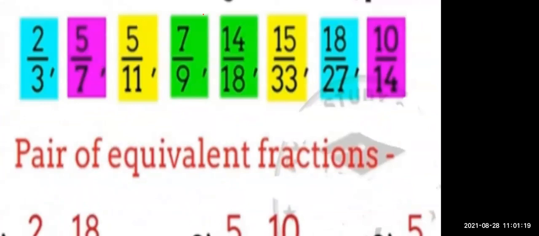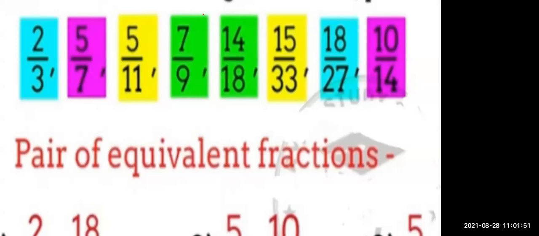See what is the question over here. In this question it is given the following fractions are given below. You are going to make the pairs of equivalent fraction. Pairs means हमको जोड़ियां बनाना है. Pairs of equivalent fraction. There are different fractions given. हमको equivalent fraction जिसके आंसर same आते हैं वो हमको ढूंढ के लिखना है. वो हमको क्या करना है? We have to make a pair of that both the fraction.